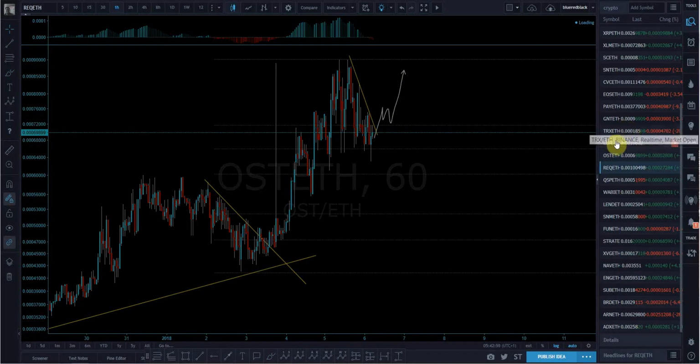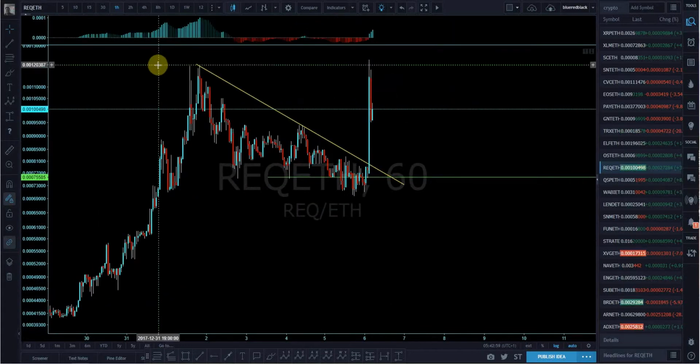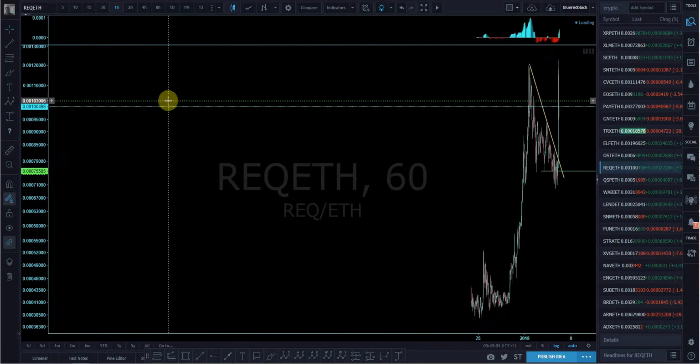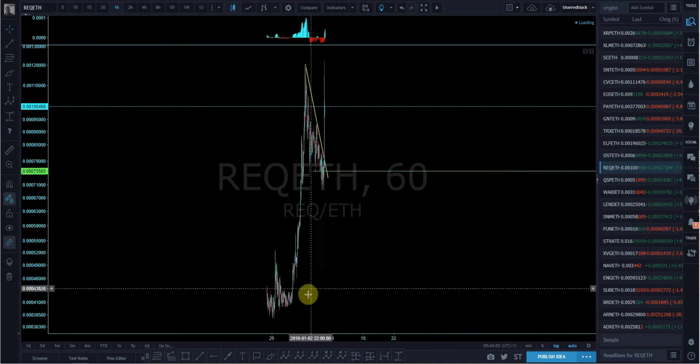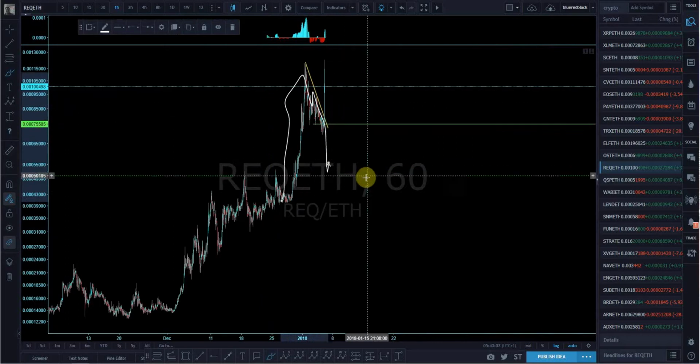Request network. I think this one broke out pretty good too. Yep. So if you're noticing a pattern here, is that when you have a move up and a pullback, look for that next move up. So